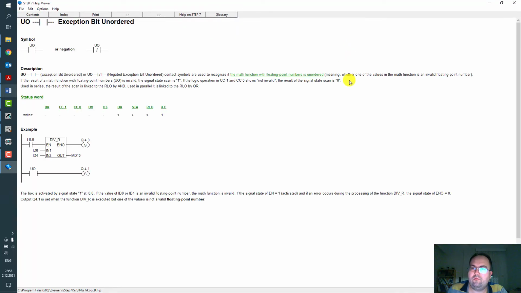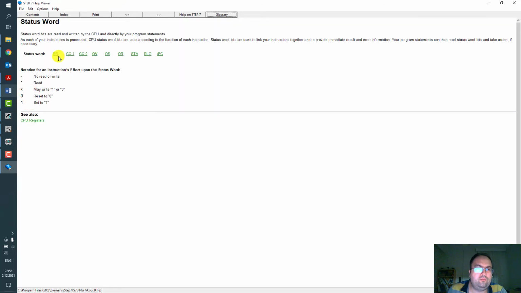If you want to get more detailed, you can use help. There are some detailed information and example how you can use these commands and the meaning of the status word and the effect to the status word bits.